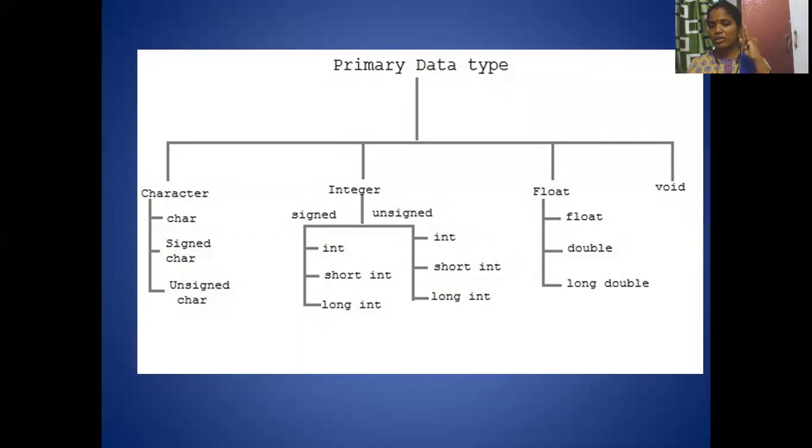Whole numbers. So here the integers are divided into two again, signed integer and unsigned integer. Signed integers say we have positive numbers as well as negative numbers. The leftmost bit indicates the sign of the number. Leftmost bit, so it's a new word again. Bits are nothing but zeros and ones.